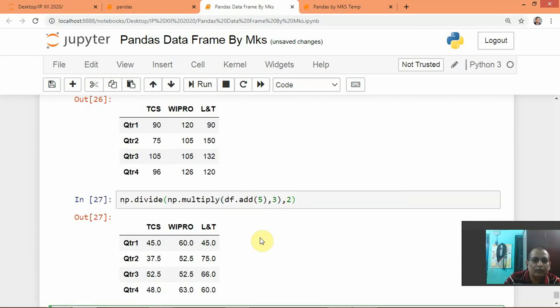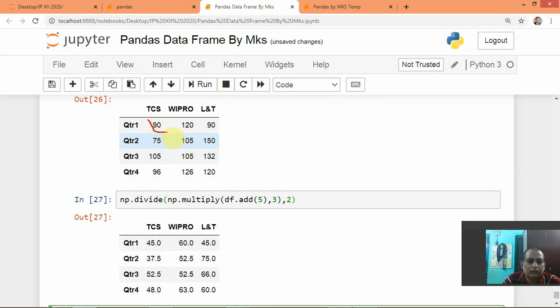So we can see here easily, you can see 90 has become 45.